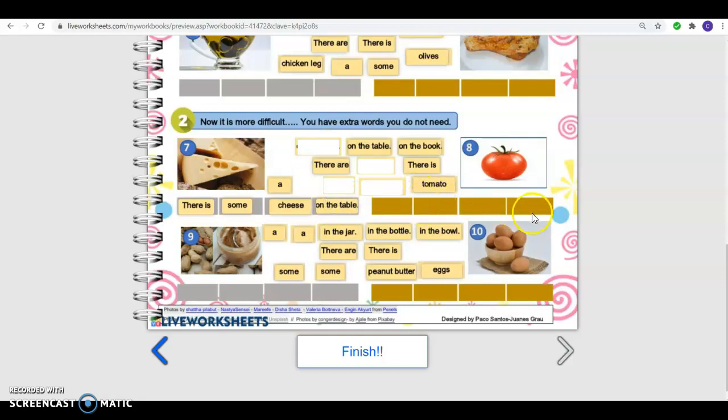Remember to complete this sentence, and then the same here. You complete and you complete. As soon as you finish, you click on finish. Okay. Recuerda que al finalizar tus 2 prácticas tienes que tomarle foto a las prácticas o tomar capturas de pantalla